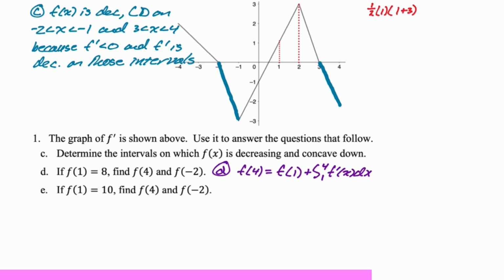So from 1 to 2, it's a trapezoid, so it's 1/2. The height is 1, that's from 1 to 2. And then the first base is 1, and the second base is 3. So 1/2 times 1 times 1 plus 3, so that's 2. Then we have a triangle, it's 1 by 3, so 1.5. And then we have a triangle that is 1 by